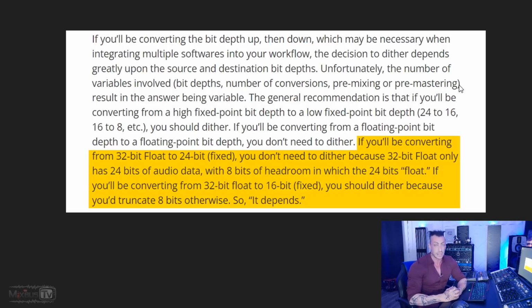So it depends. And that is incorrect and is very easy to prove. This is actually why me and Ian connected, because we agree on this point. And he sent me a quick test that I'm going to show you.